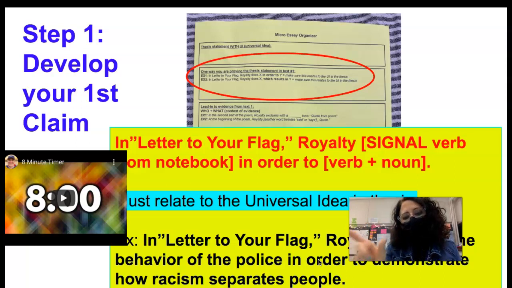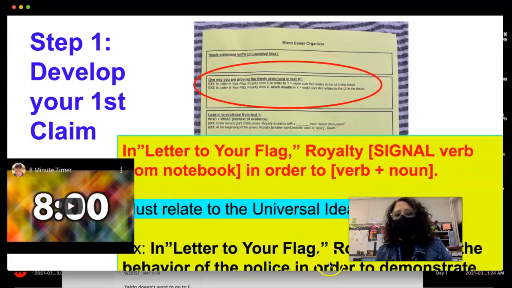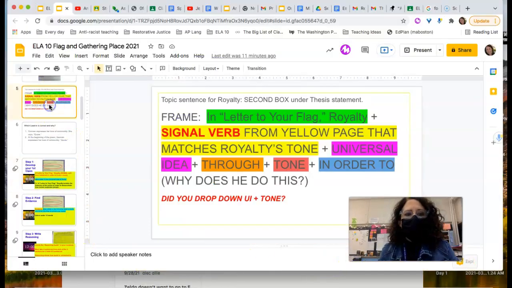And then this in order to is stuck in there, to extend, in order to demonstrate how racism, there's your universal idea from the thesis, just drop down. Racism separates people. It's a little bit different than this, but it is still good, right? So it's getting you to extend. So I do need to see a through or in order to. I need to see the tone. I need to see a universal idea and a signal verb and the title in quotes and Royalty. All right, so